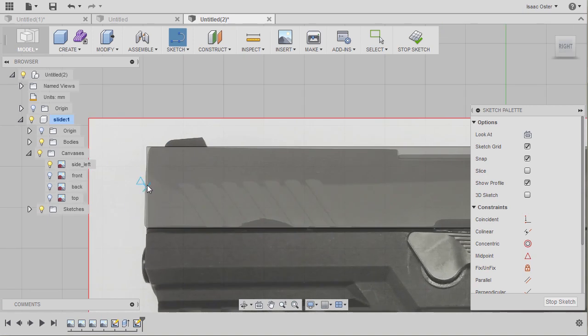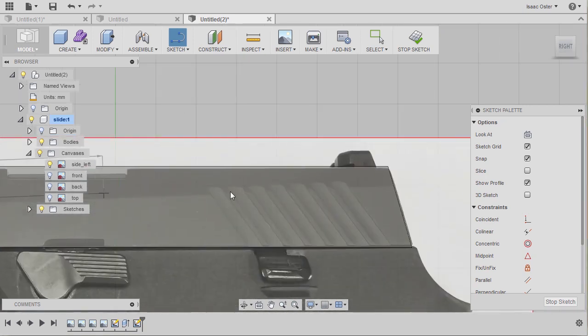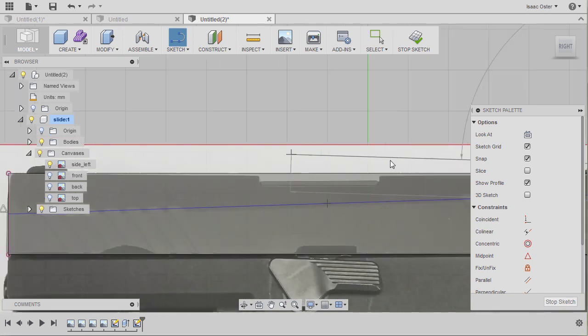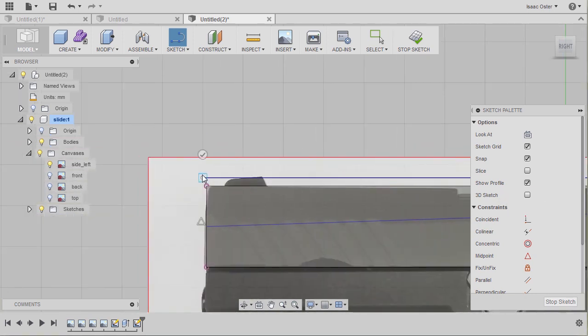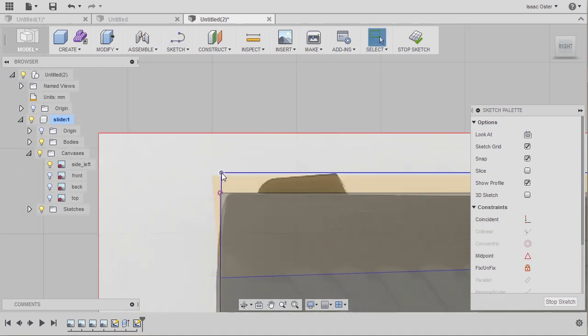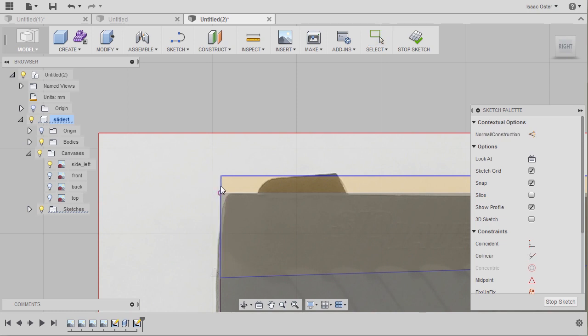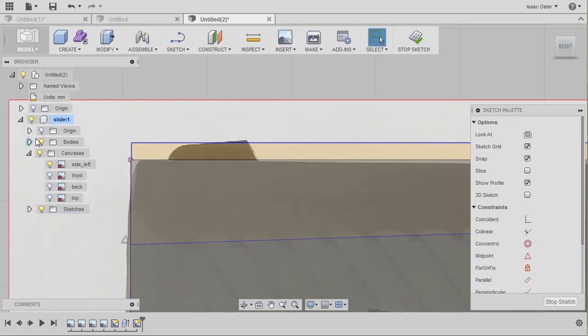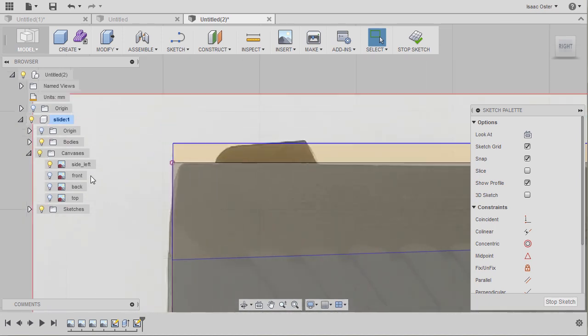And this line can start about there and kind of go to about there. And then I'm just going to, let's see, we'll go up a little bit more, just kind of above it, just to make sure that we get a complete coverage there. So I had the geometry visible when I drew the sketch, so it put a little constraint